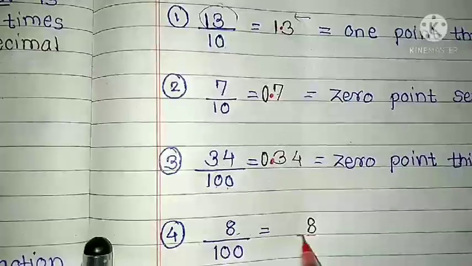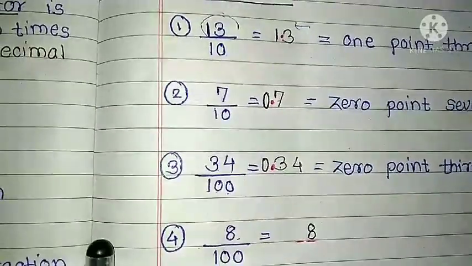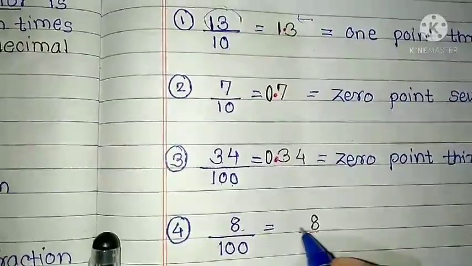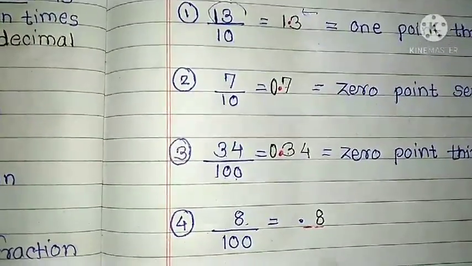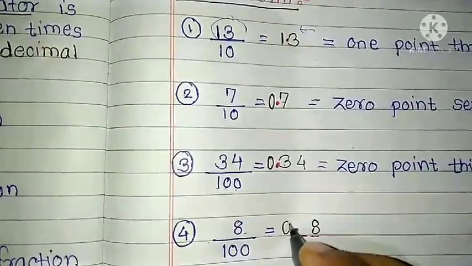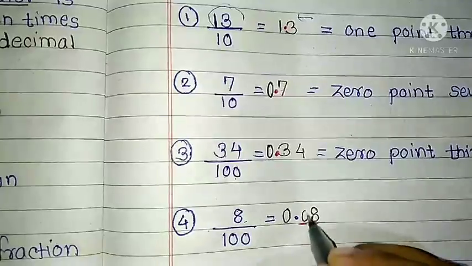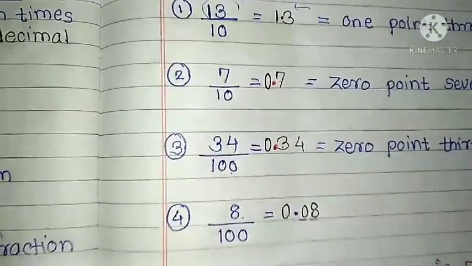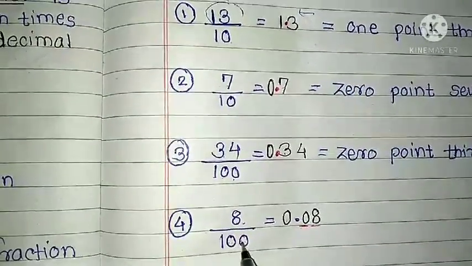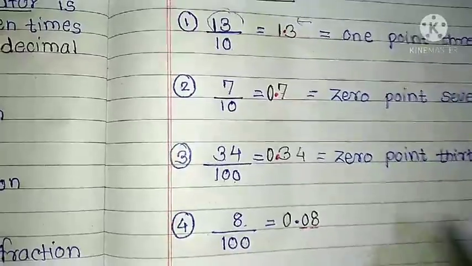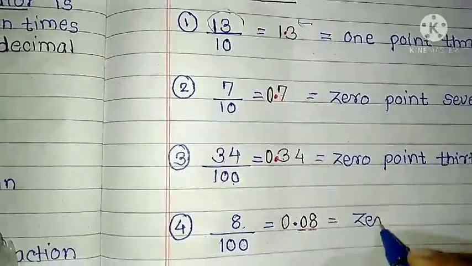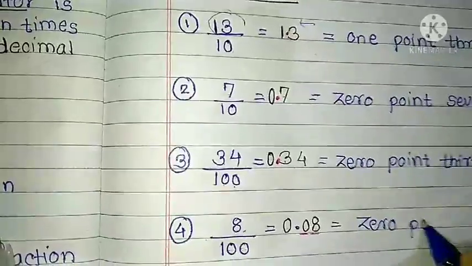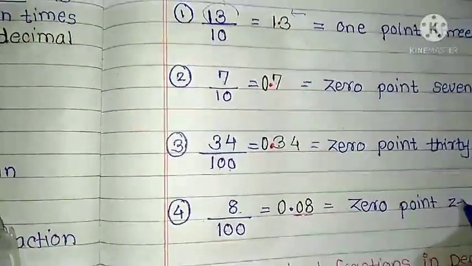This one number is completed. Then 2 places, 1, 2, we are removing, and then after that we put a point, and after the point there is no number, so we put 0, and after this there is no number, so put here 0. So we are leaving 2 places and then giving a point. So in this way you can convert. So how is it read? As 0.08.